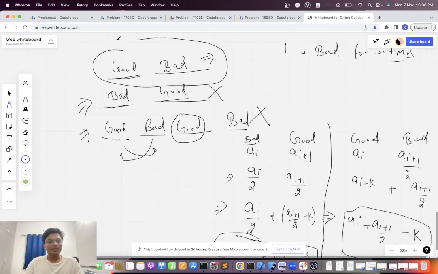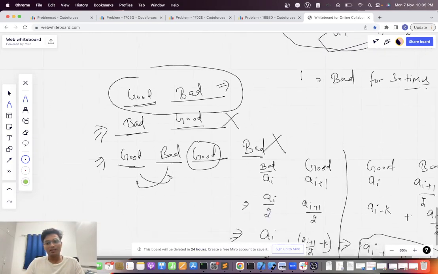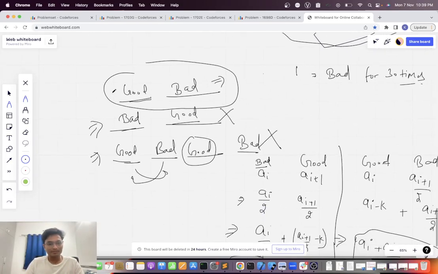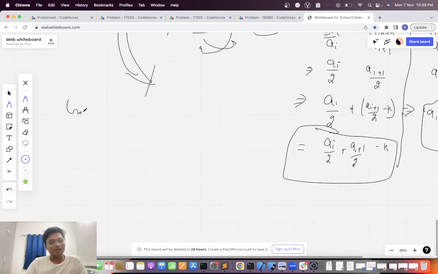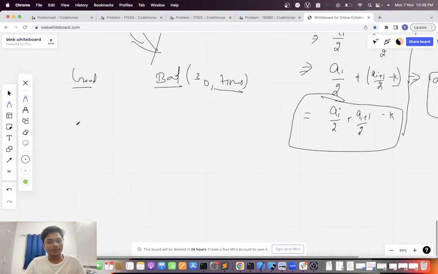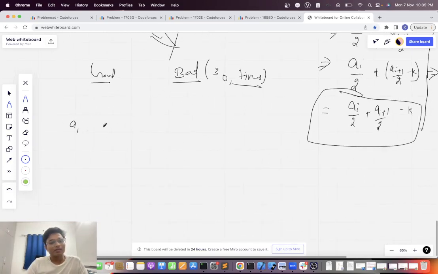Yeah, so we have only one thing left, having this thing and this thing. We are going to apply good keys and then bad keys, and I'm saying that bad keys can be applied at most 30 times. That's it. So I have a of 1, a of 2, a of 3, a of 4, a of 5,